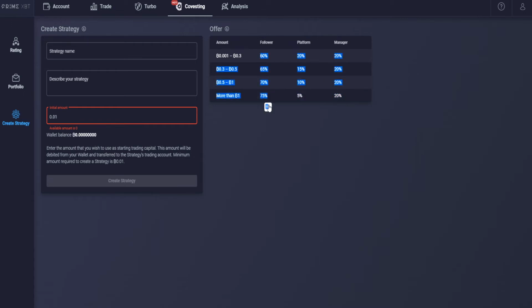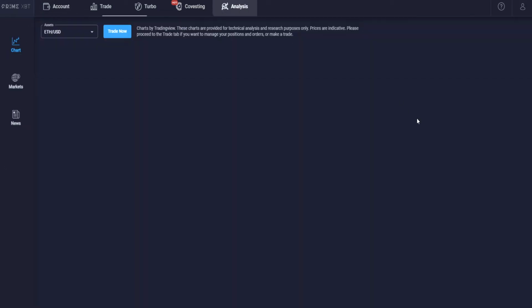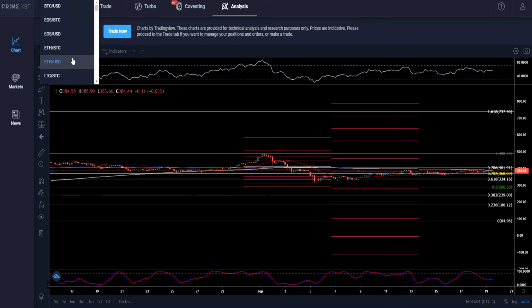If you're following, you get paid 60 to 75% of what it is. Okay? So last but not least, there is another account here. This is analysis. This is where you can go basically do your TradingView stuff. Okay, so since this has been connected also to my other account,